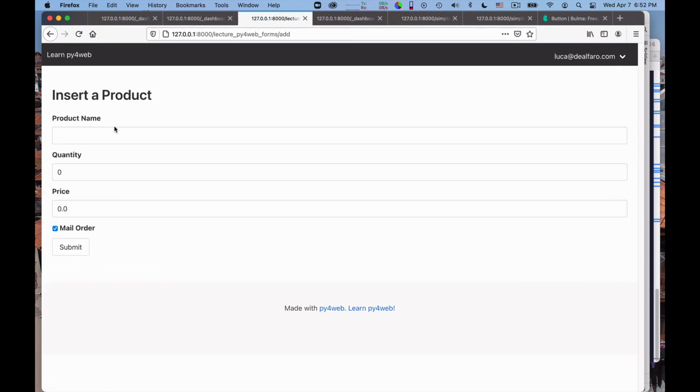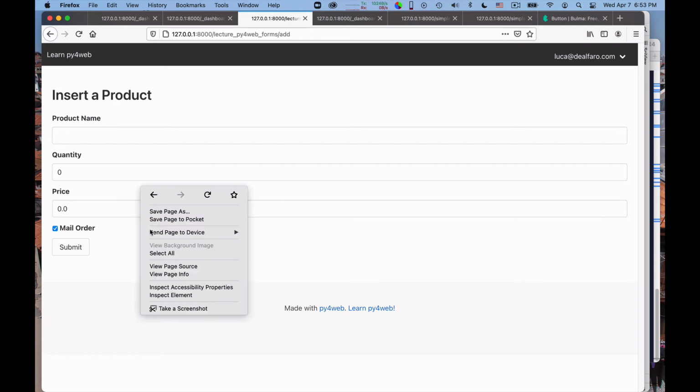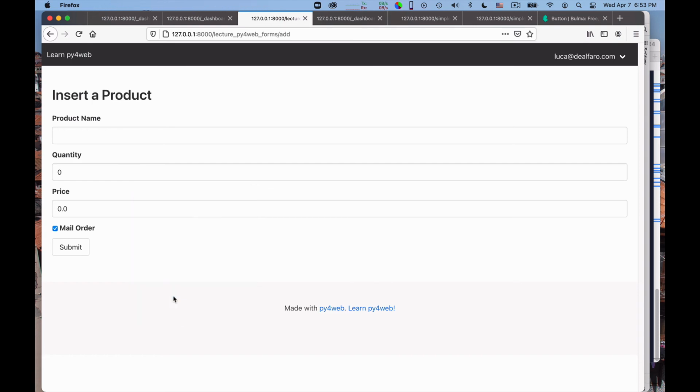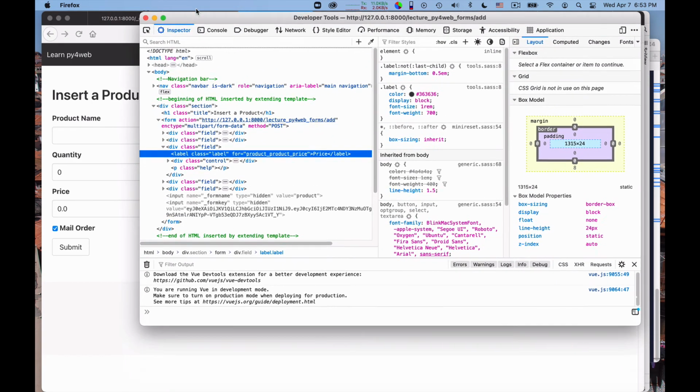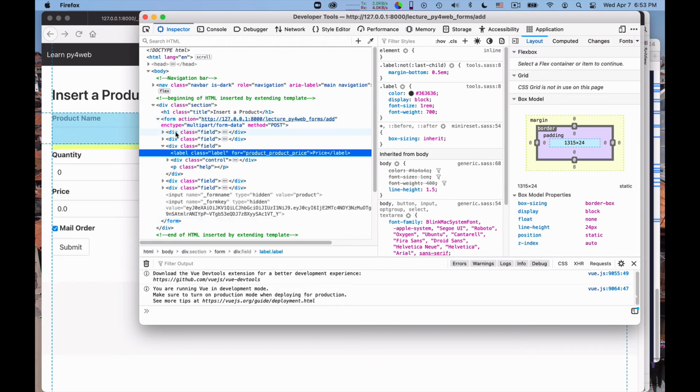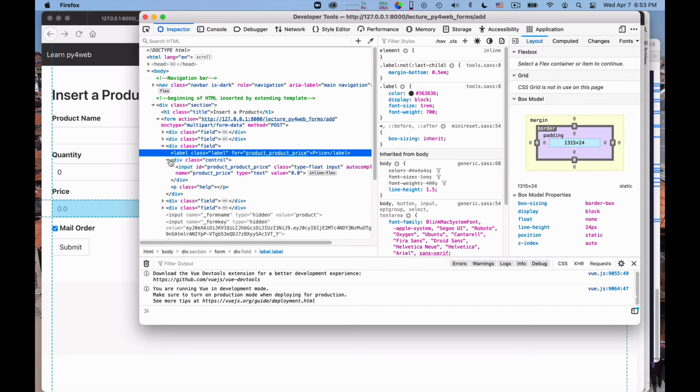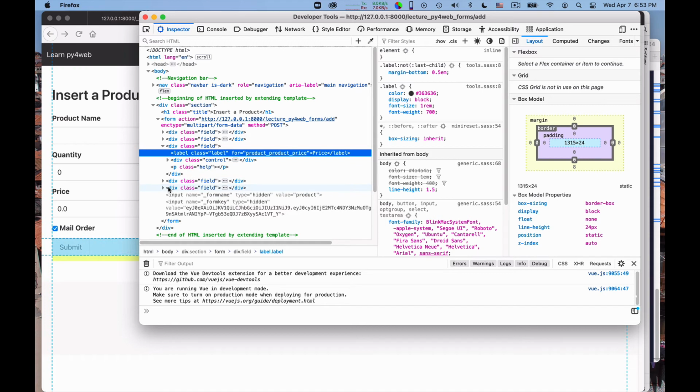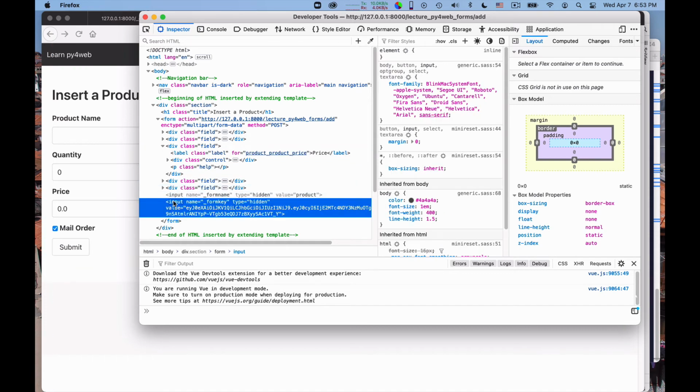So I described it, but I haven't shown you where it is. So why are these forms secure, unlike the ones of the previous lecture? Well, if we look at the form, we can look at it in detail. It's a form, it has a div for many fields, and then in some place there is an input hidden of type form key that has a long random value.